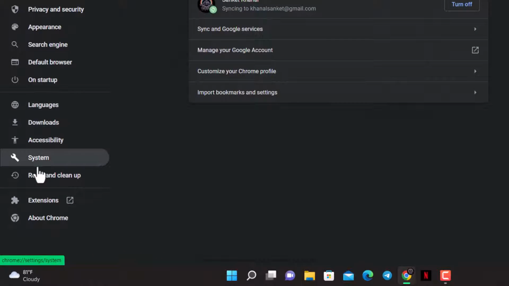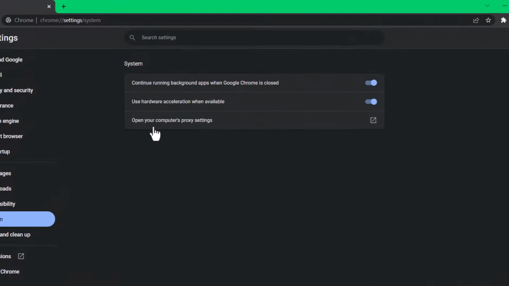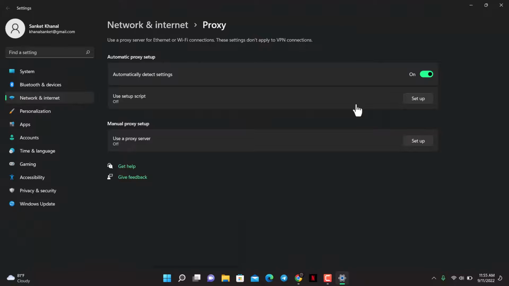On the left hand side, you can simply see this option which says system, and if you don't see it, you might have to tap on the advanced button in order to enable these options. So I will tap on system. Basically, as I tap on system, on the right hand side you'll find this option which says open your computer's proxy settings. So I will tap on this open computer's proxy settings, and you'll see this settings option, and over